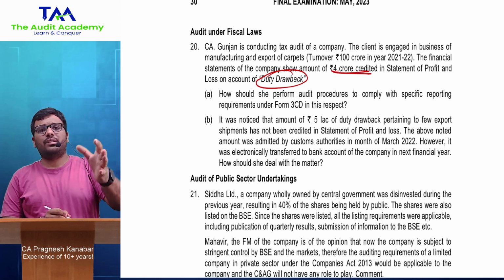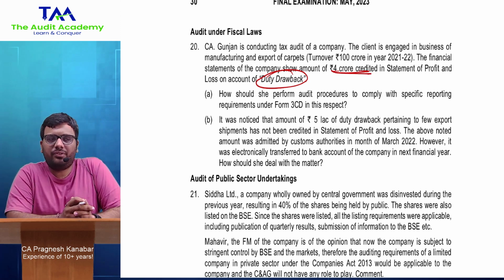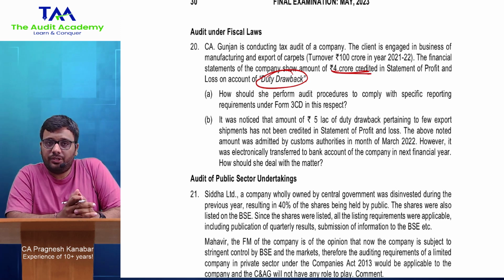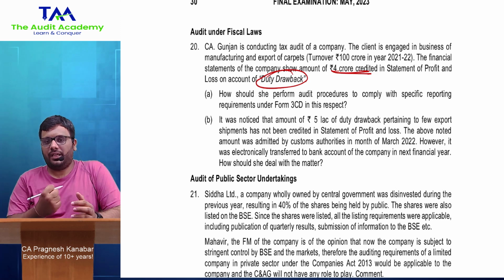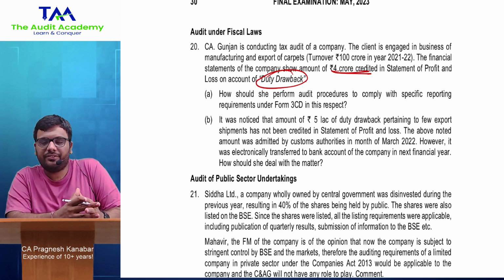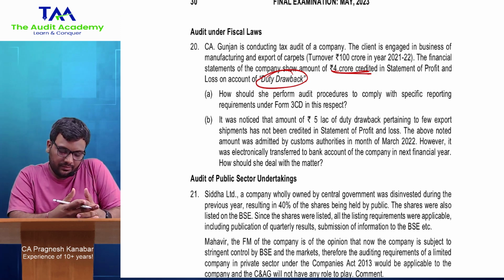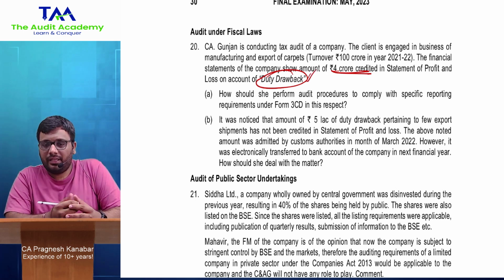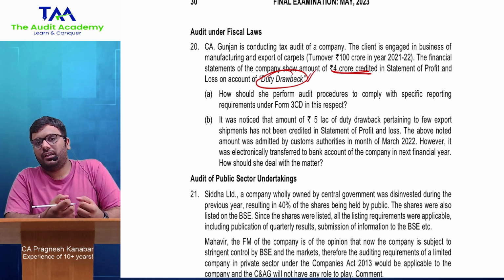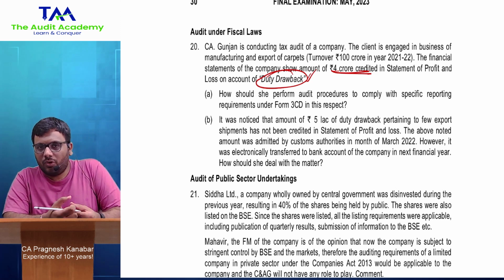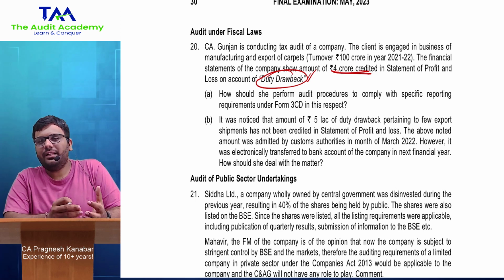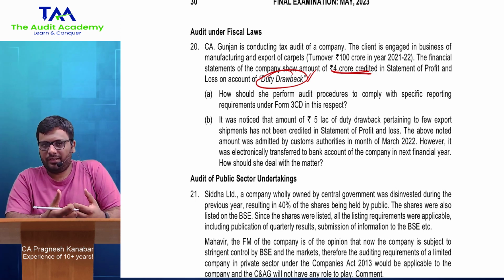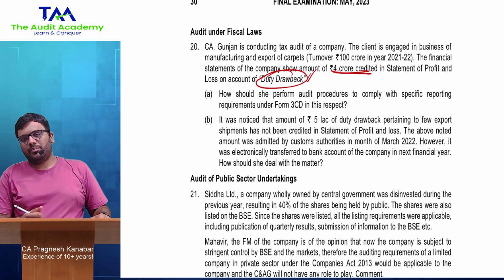लेट अस से आपको क्लॉज नंबर याद नहीं है कि ड्यूटी ड्रॉबैक का रिपोर्टिंग कहाँ होता है फॉर्म 3CD में, फॉरगेट इट. आपको इतना तो पता है ना दैट व्हेन इट कम्स टू ड्यूटी ड्रॉबैक, जो अमाउंट रिकवर होता है एज अ फॉर्म ऑफ एक्सपोर्ट इंसेंटिव्स, देन इन दैट केस जब तक वो अमाउंट सैंक्शन नहीं हो जाता यू कैन नॉट क्लासीफाई इट एज रिसीवेबल. पर अगर अप्रूव हो चुका है, इट्स नॉट लाइक जस्ट आप एलिजिबल हो स्कीम के लिए, एलिजिबल हो आप और अप्रूव भी हो चुका है, देन इन दैट केस तो यू हैव टू क्रेडिट इट इन द P&L अकाउंट ना.